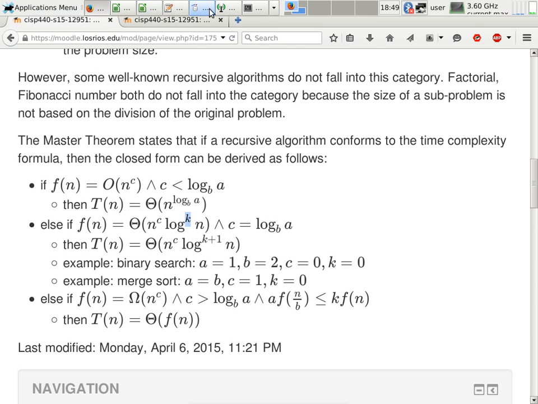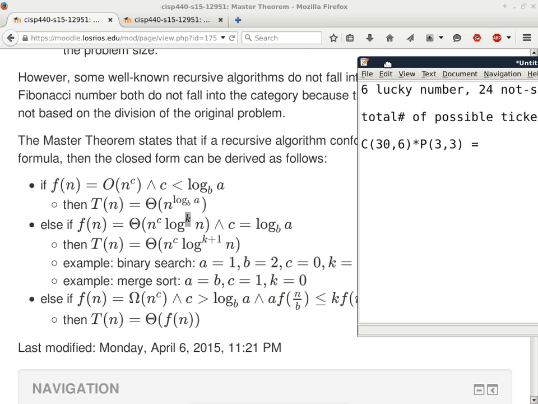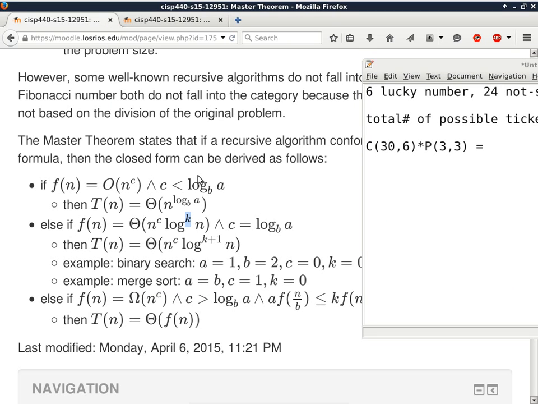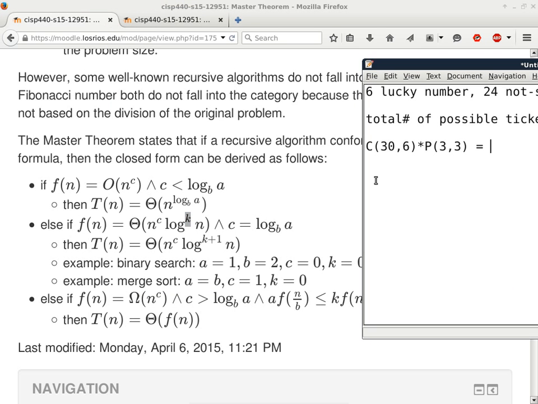So let me take a look at this one here. And we'll say for binary search, how much time does it take for each level of function call to complete in the recursive way? It's constant time, right? Yeah.